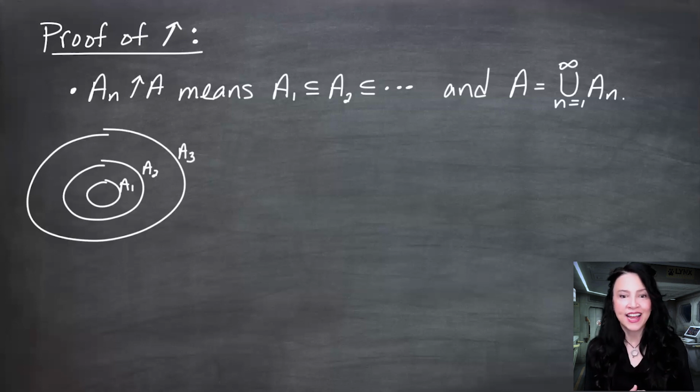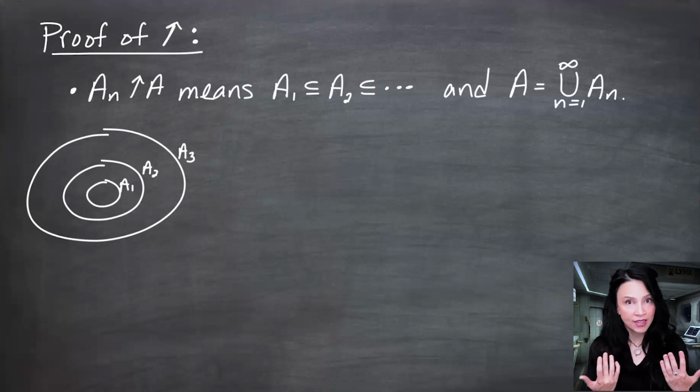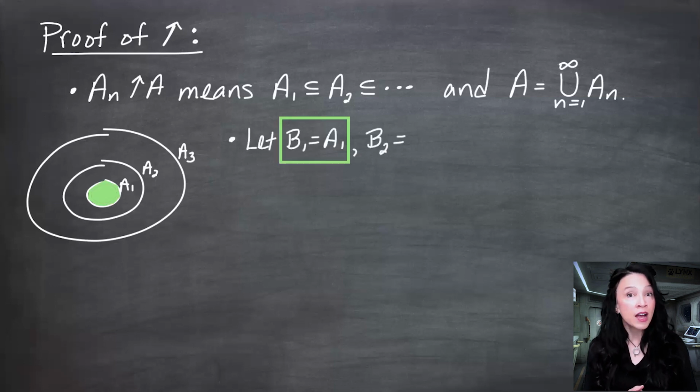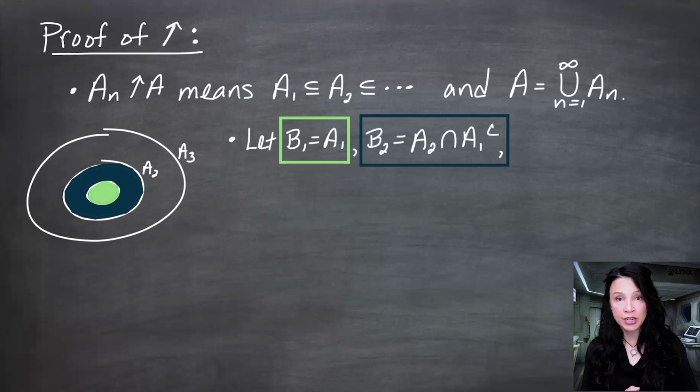It's standard to us now at this point in this series. I'm going to rewrite this union as a disjoint union because these sets are clearly not disjoint. A1 is contained in A2 and so on. But I'm going to take B1 to be this part here, A1. I'm going to take B2 to be this ring out here, which is everything that's in A2 and not in